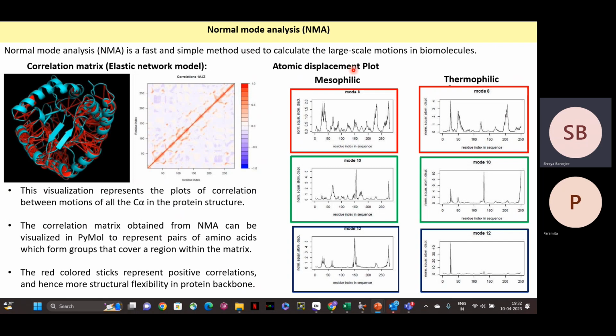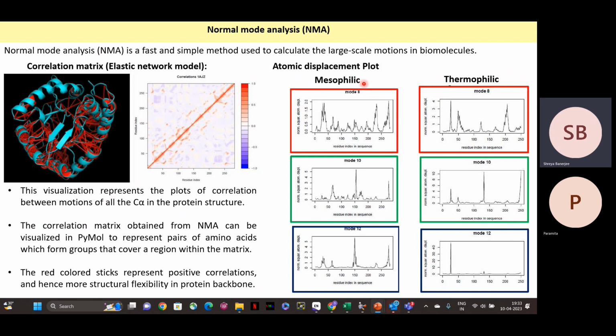Then there is a plot called the atomic displacement plot. Now we know that mesophilic proteins are the proteins that are present in normal organisms, and thermophilic proteins are present in organisms that can survive very high temperatures. There are certain bacteria which can exist in temperatures of even 100 degrees Celsius in hot springs. So they have thermophilic proteins, and the special property of thermophilic proteins is that they are resistant to very high temperatures,